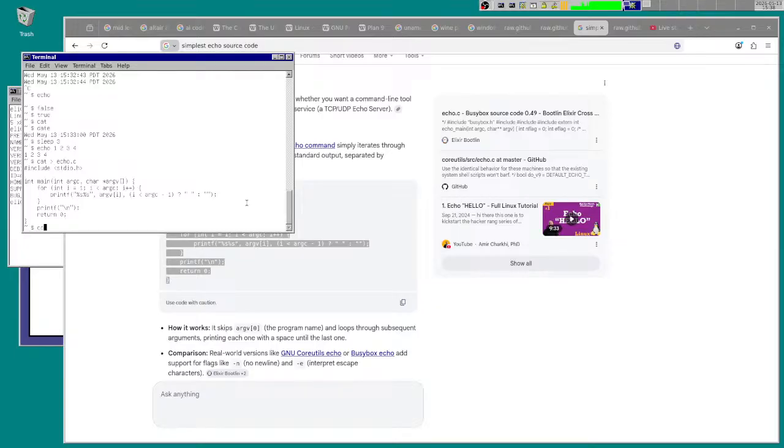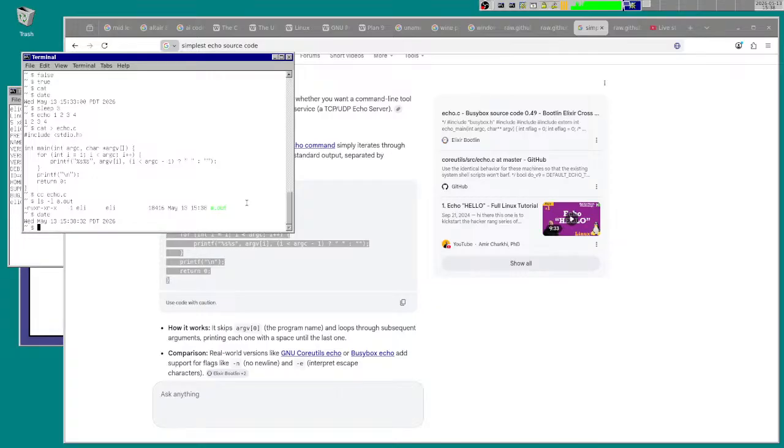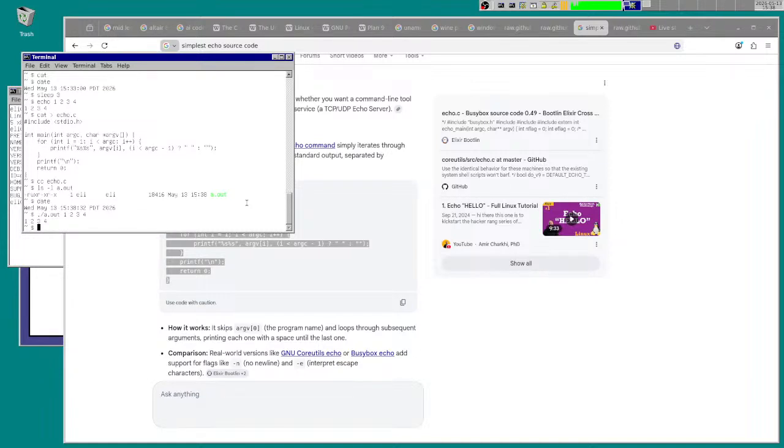CC is just a C compiler. CC echo.c, and now we should have a file called a.out, and that seems to be what just got created. Now this a.out file is an echo program. We can use mv to move the a.out file into a file we call echo.